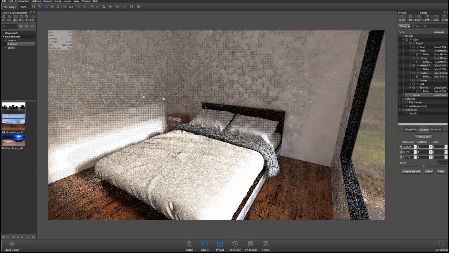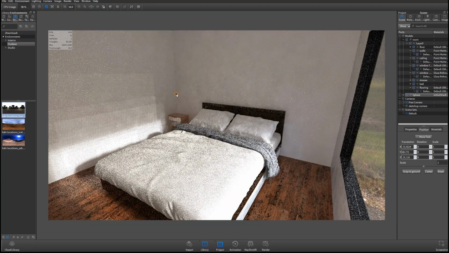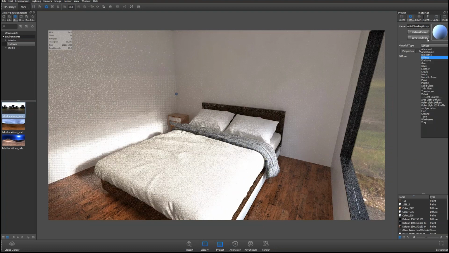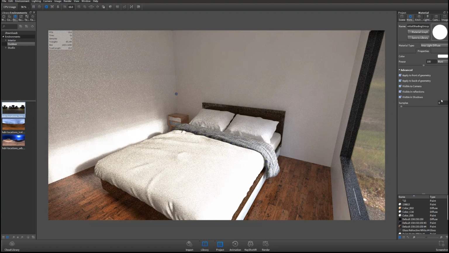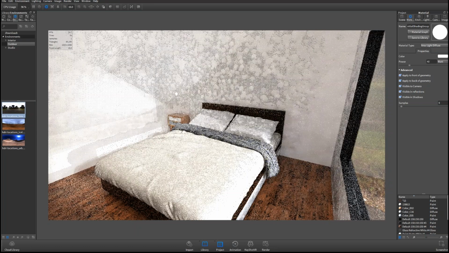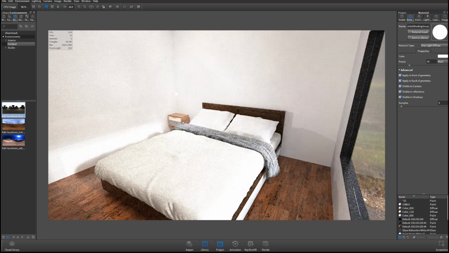And what I'll do is I'll just change the material type and I'll change that to an area light diffuse, right? Now I'll take a look at my light. I have this really bright light, right? It's 100 watts right there. Let's bump that down to something lower, something like 40. Right, and with a single physical light, now I'm getting some nice illumination within that corner, right? And it is looking good, right?